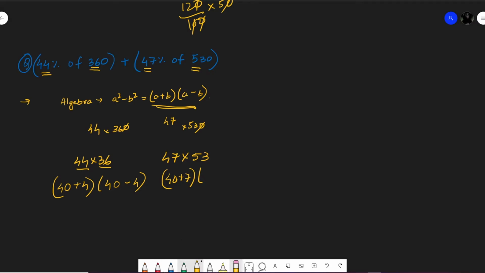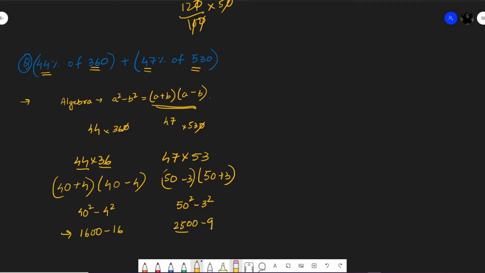Sorry, I have done this wrong. Similarly, we can use this 50 minus 3 and 50 plus 3. We can use this, no problem with that. So it finally becomes 40 square minus 4 square, and it becomes 50 square minus 3 square. So what is 40 square minus 4 square? 1600 minus 16, and it becomes